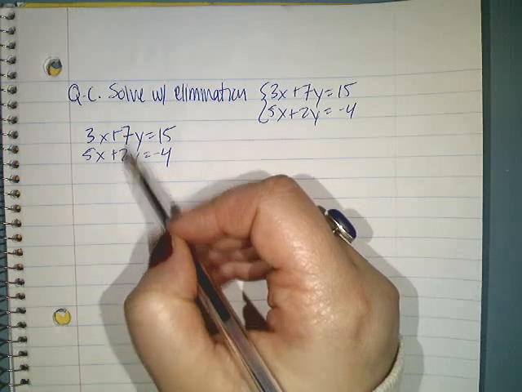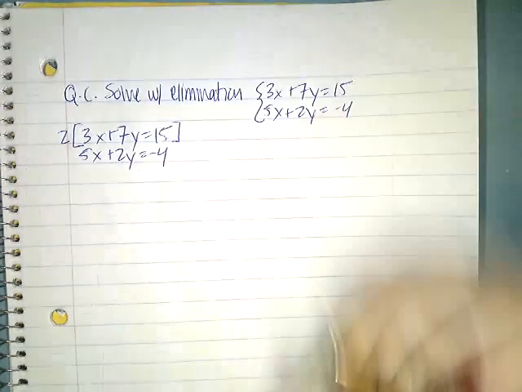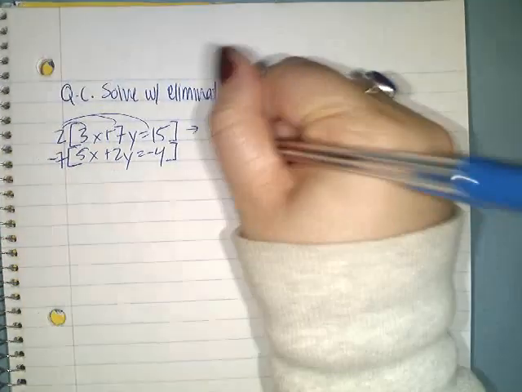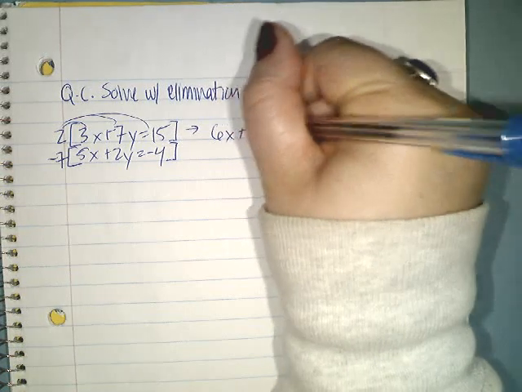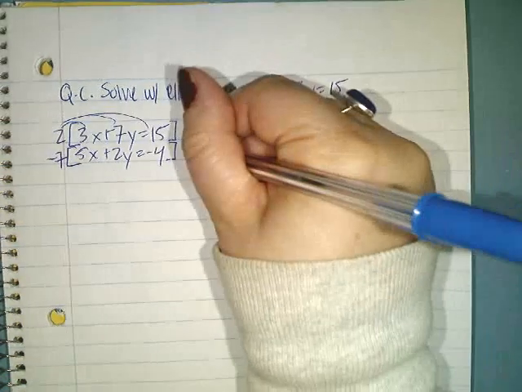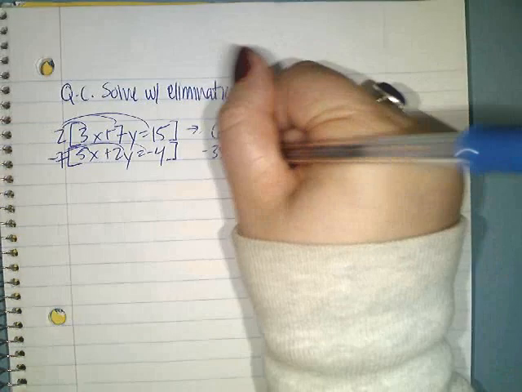So I know 2 and 7 both go into 14. So I'm going to need to multiply this first one by 2 to get 14, and I'll need to multiply this next one by -7 to get -14. So when I distribute that 2 into each term, I get 6x plus 14y equals 30. And I get -35, when I distribute that -7 in, -35x